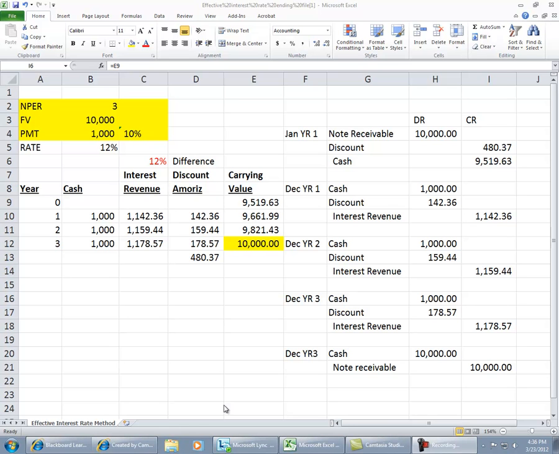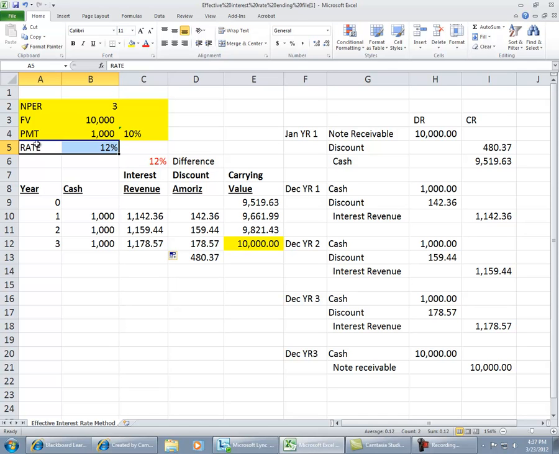We're going to review the effective interest rate method by looking at a note receivable for $10,000. We have a note receivable with a period of 3 years. It's going to pay out $10,000 at the end of 3 years. Each year, though, it will pay us $1,000 of interest, which is based on a 10% rate, 10% of the $10,000. At the issuance of that note, the market rate is determined to be